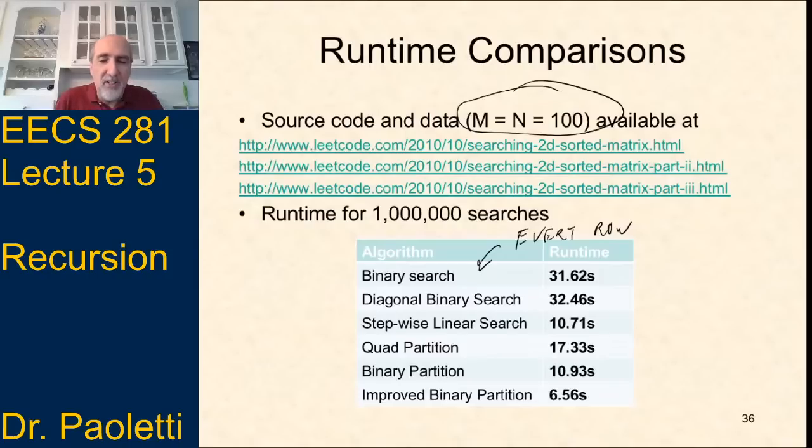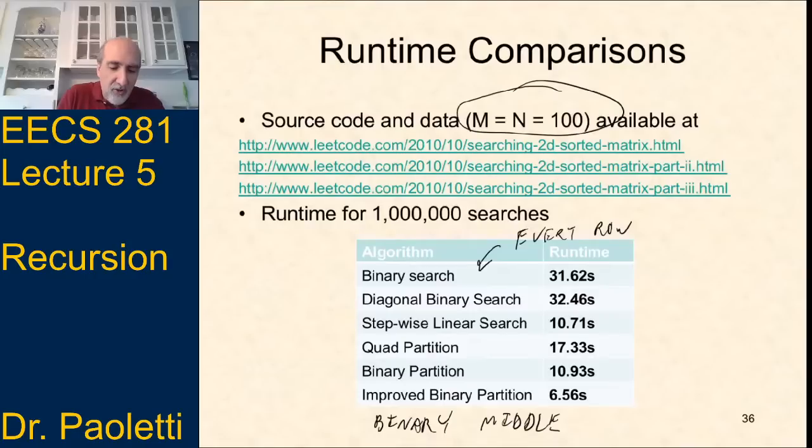Let's binary search every diagonal is worse. Stepwise linear is the one we just did, is pretty good. The quad partitioning, remember the first one where we were eliminating one of the 4 regions, is worse than that. The binary partitioning, so if we do a linear search of the middle column, is worse than the stepwise linear. And that one's pretty good. It's n log n, and log n is pretty small. So that one's not too bad, although the improved binary, which is a binary search of the middle column, is